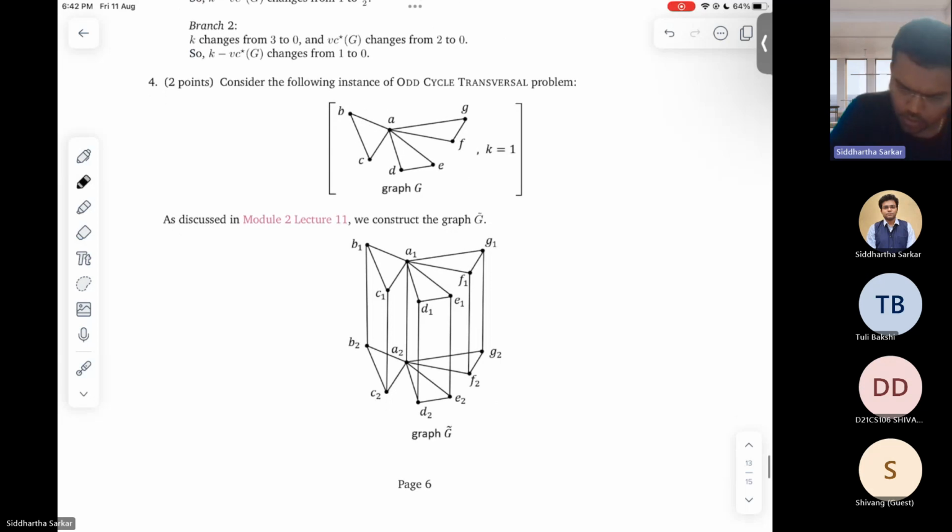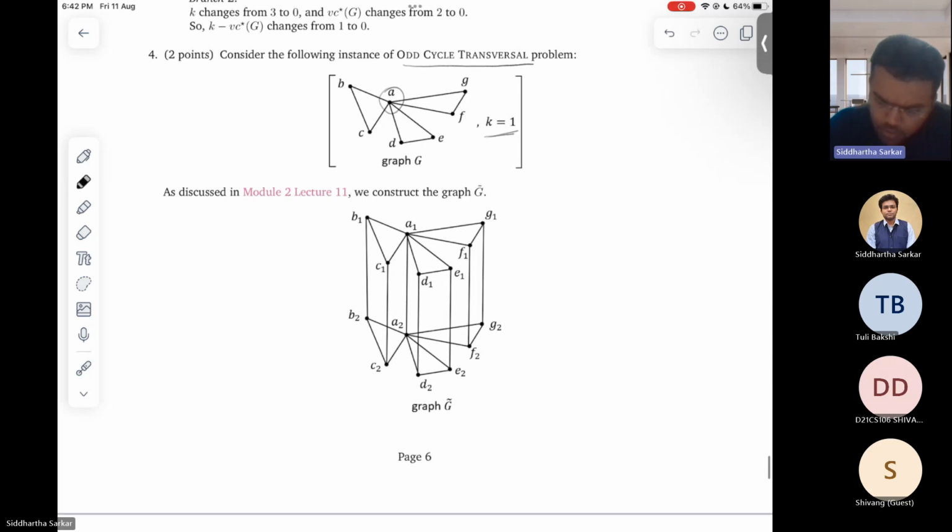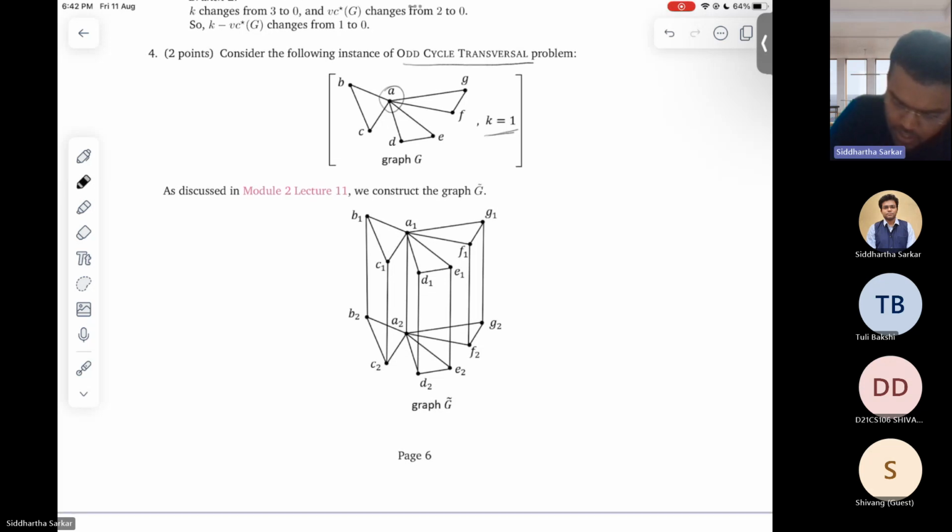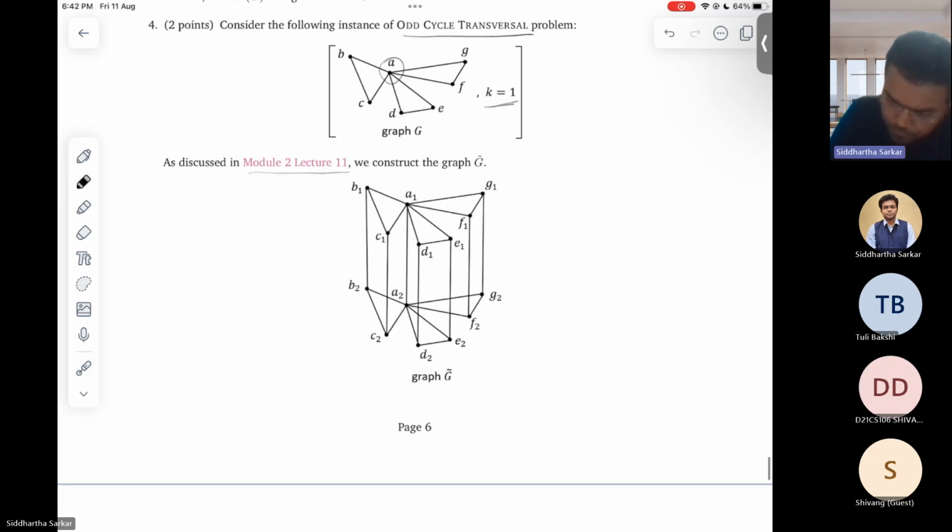Okay, so this is an instance of the odd cycle transversal. That means you want to get rid of all the odd cycles so that you have a bipartite graph, and is it possible to remove only one vertex such that all the odd cycles are destroyed? So how many odd cycles are there? Three odd cycles are there, and we can see that we can remove A, and that will do the trick. But the question is not that. The question is, in the lecture, we have constructed a graph G tilde,